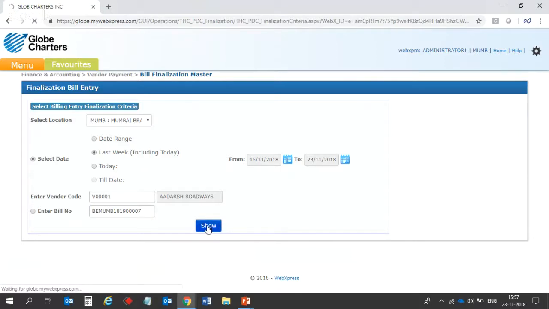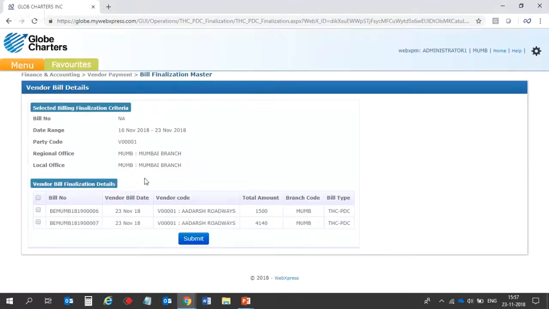Show. On clicking this query page, you have two invoices pending for finalization. The one invoice we created just now and the other one which we created in the starting of this training. Let us select the second option,